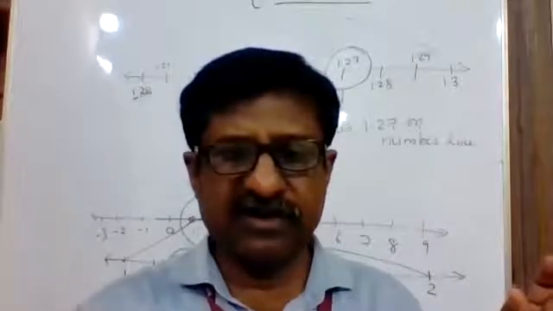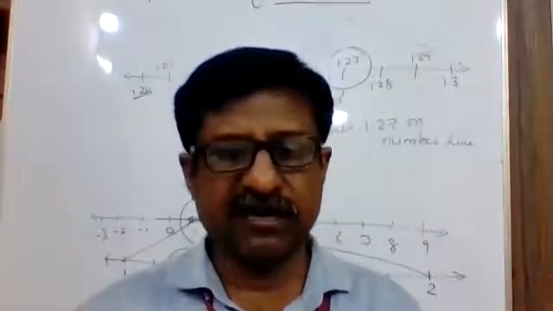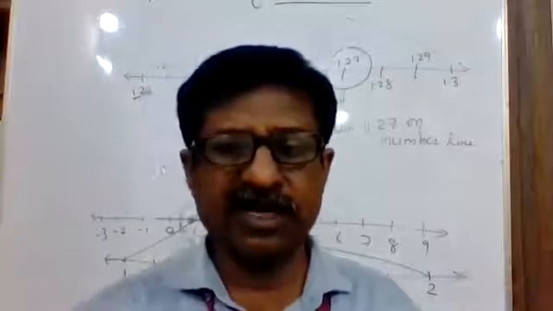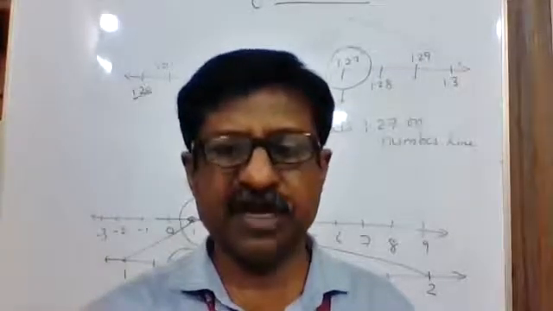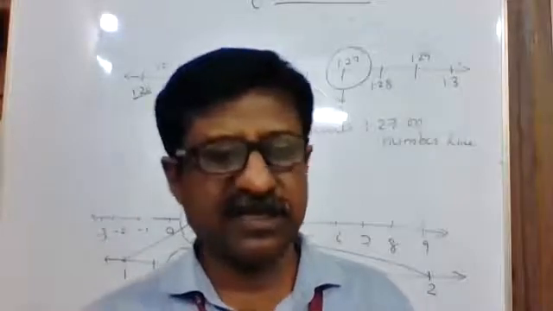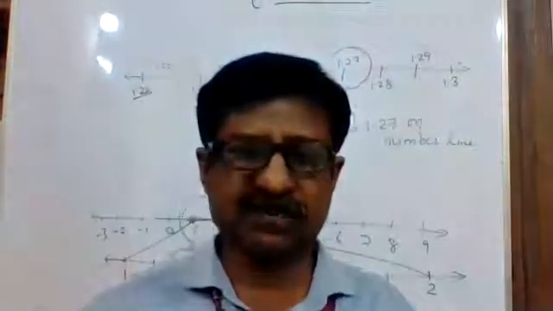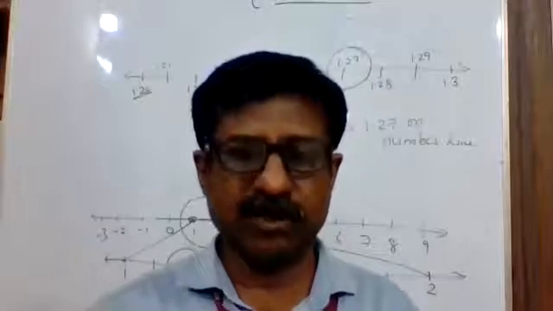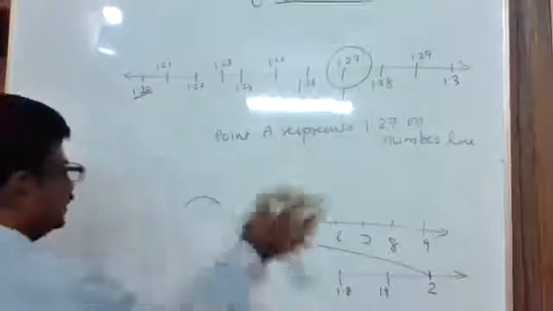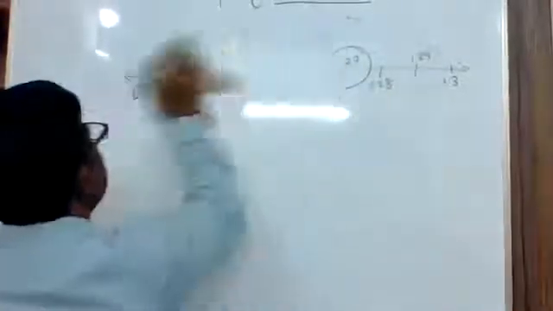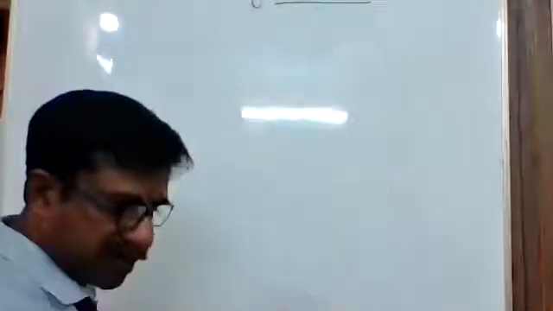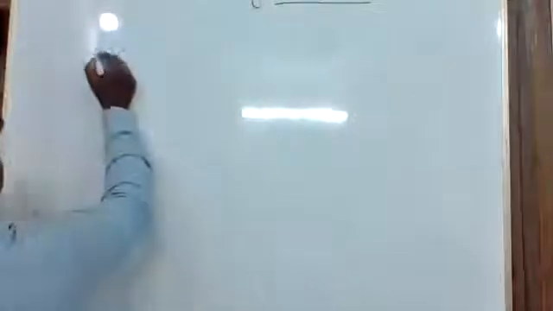This is having a terminating decimal. Now next we'll take a non-terminating but repeating decimal. How to represent such types of numbers on the number line, that also we will represent. Then we move to the irrational numbers, which are much more important. After doing these rational numbers on the number line by the successive magnification method, we will take